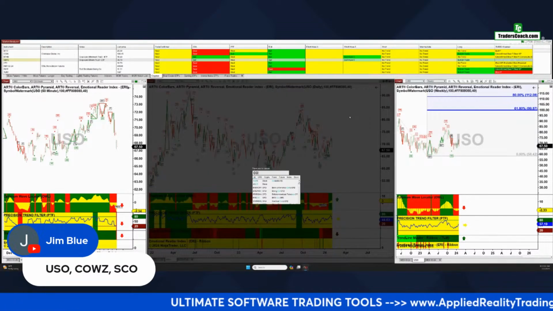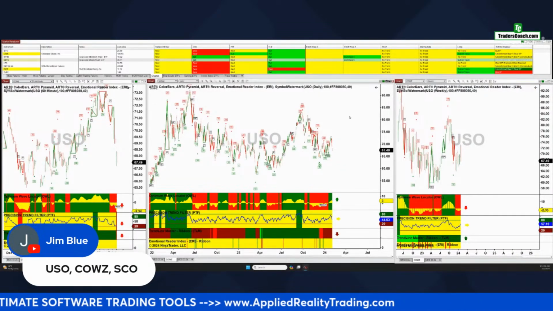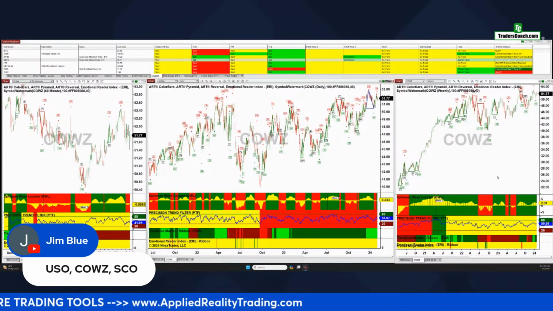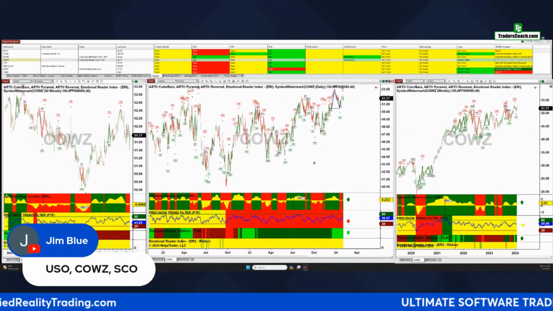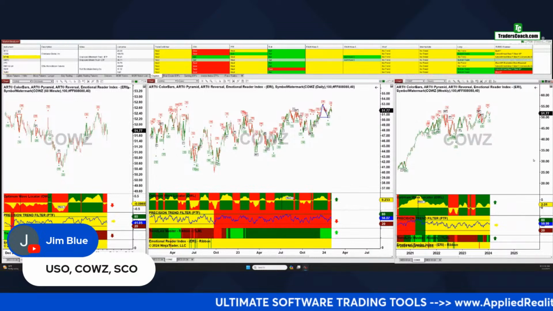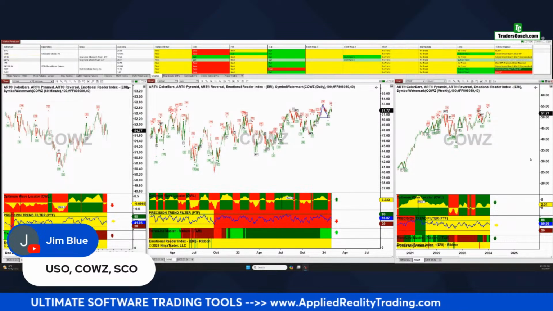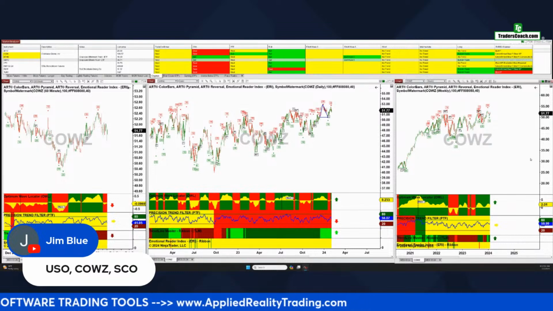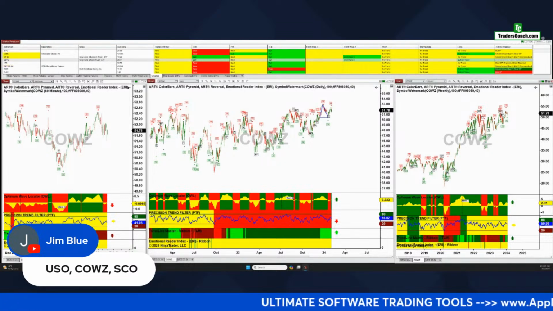All right, COWZ. Let's take a look at that bad boy. All right, so this is moved up here. Don't know if you're long on this or not. I don't think I would go long here. Okay, it looks to me like, yeah, you might get one more little quick high, but the big move, I think, on this was way back years ago, and it's been consolidated for quite some time.